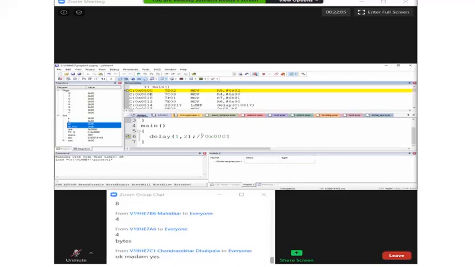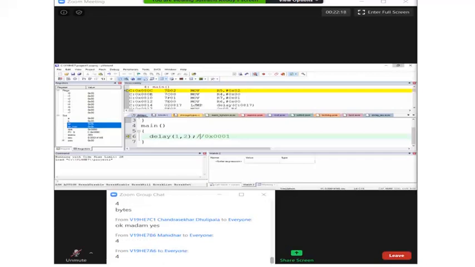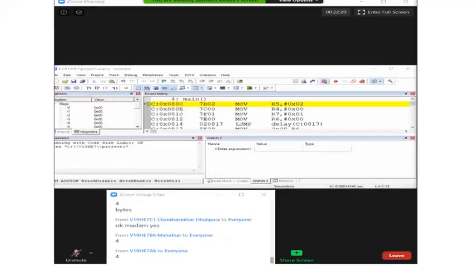So for short integer variable, if it is a function argument, how many CPU registers it is using? For short integer, it is two registers only because it is 2 bytes, right?